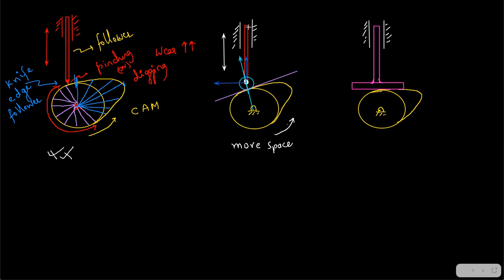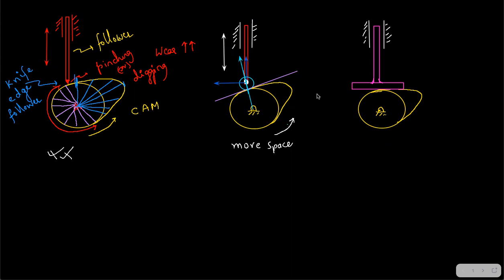So it is going to have more and more horizontal forces, and you can see that the follower is going to have this type of little bit of bending problem because of this component. The follower is going to have this type of little bit of pushing. So is it desirable? It is not desirable, right?